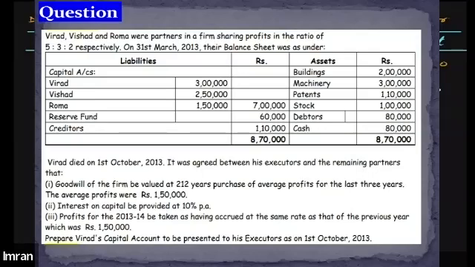Okay, next let's also consider, is there any other item on the debit side that we should write off? And I don't think there is any item on the asset side which needs to be written off. So we can now move to the adjustment part of the question. The first adjustment says that goodwill of the firm is valued at 2.5 years' purchase of average profit for the last 3 years, and the average profit is given as 1,50,000.